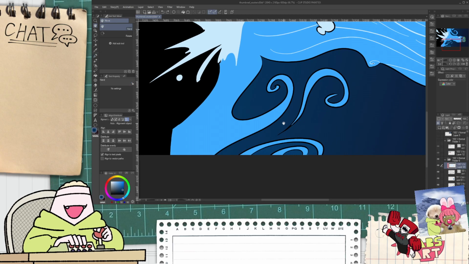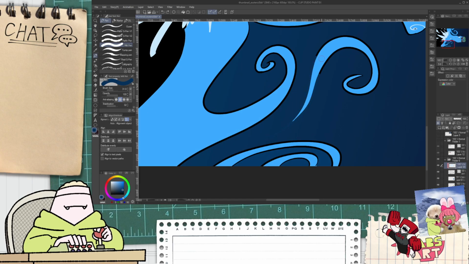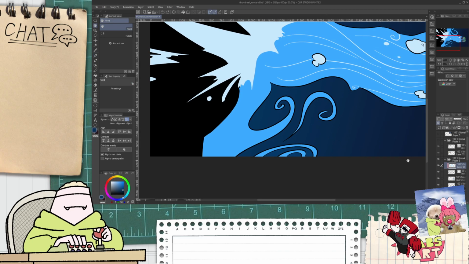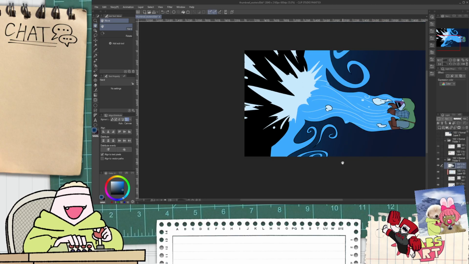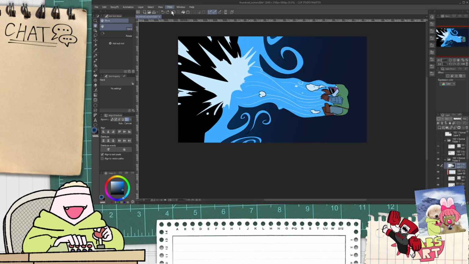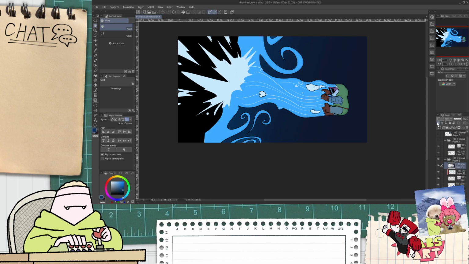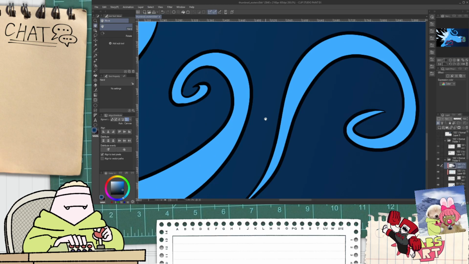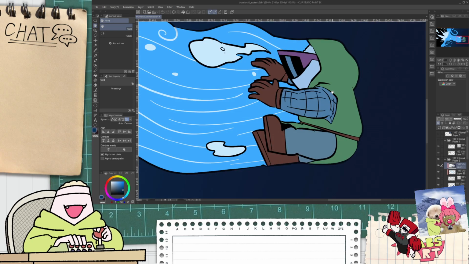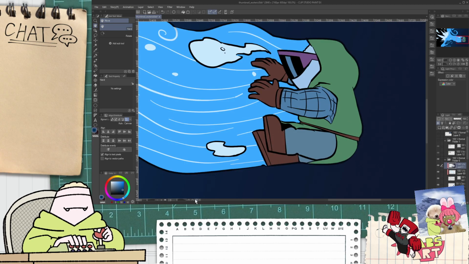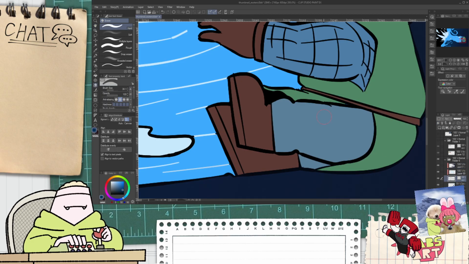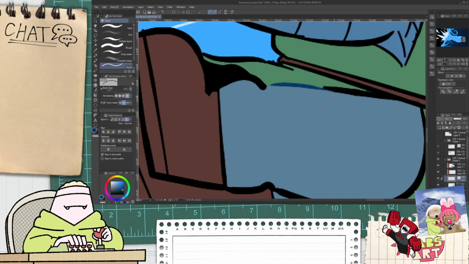Not necessarily... How do I put this? Like, hang on. Wait, couldn't I just kind of reach over and... blur? No. Or maybe, actually, I could. Hang on. So wait, filter, blur, Gaussian blur. Maximize that. That didn't really do much, I think. I do need to repair some of the lines here, though.